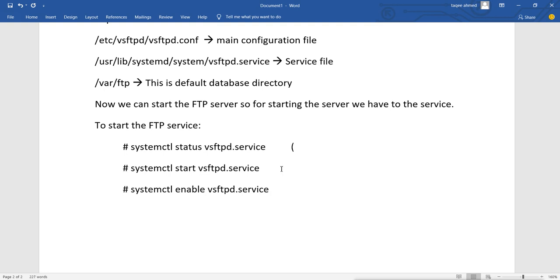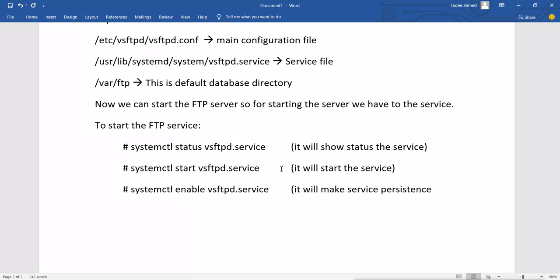So systemctl start will start the service, systemctl status will show the status, and systemctl enable will make the service persistent.